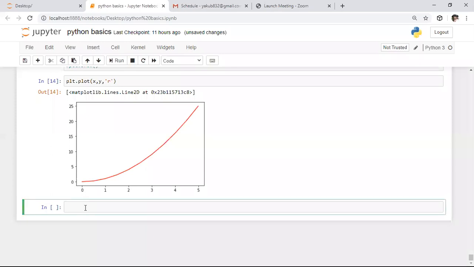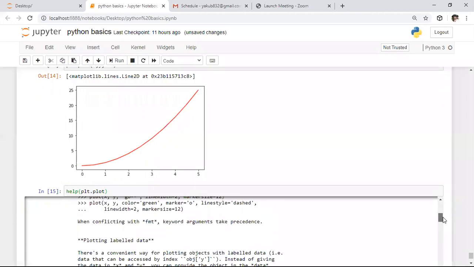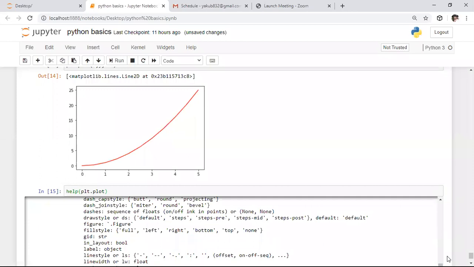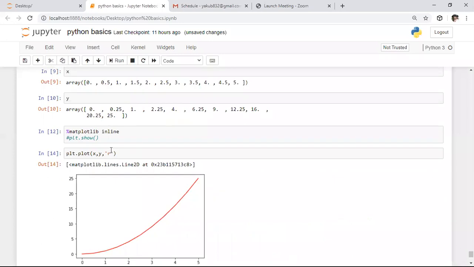If you want to know about any function, here is a way. Here I want to know about the plot function. It is present in plot, and I want to know about the plot function. Whenever you enter this, it will return the entire description regarding this function, how to use this function, and what are the examples corresponding to this function. You will get everything. Whenever you want to know about any function, this is the way. So go to help. In the help, you need to enter that command. Whichever thing you want to know about, you can enter that thing there.